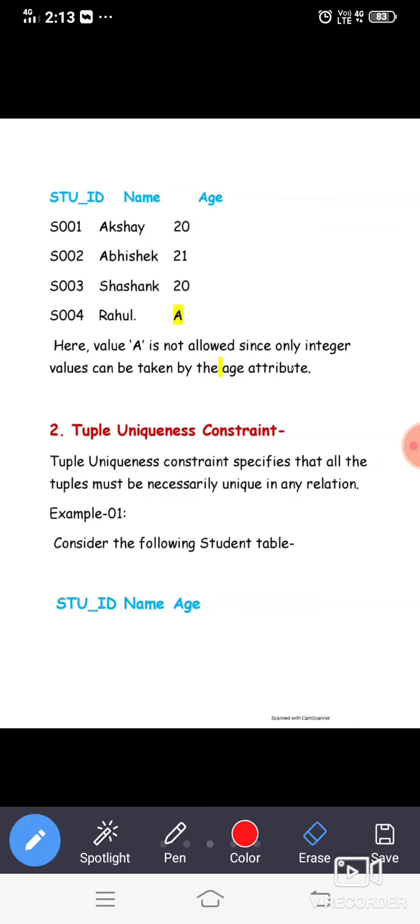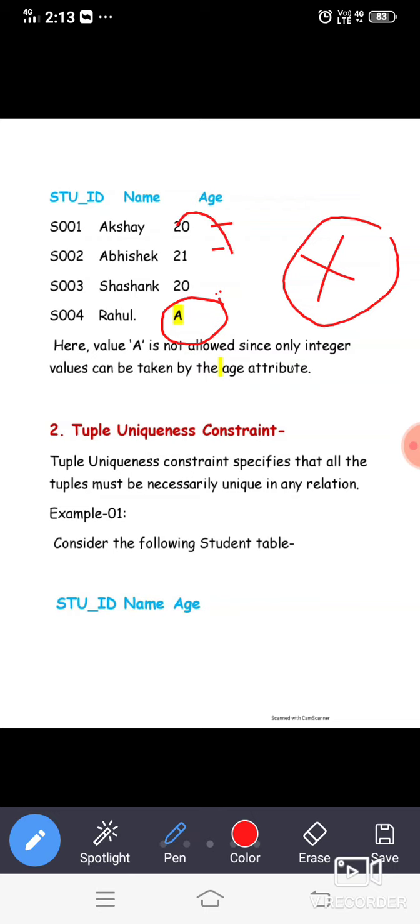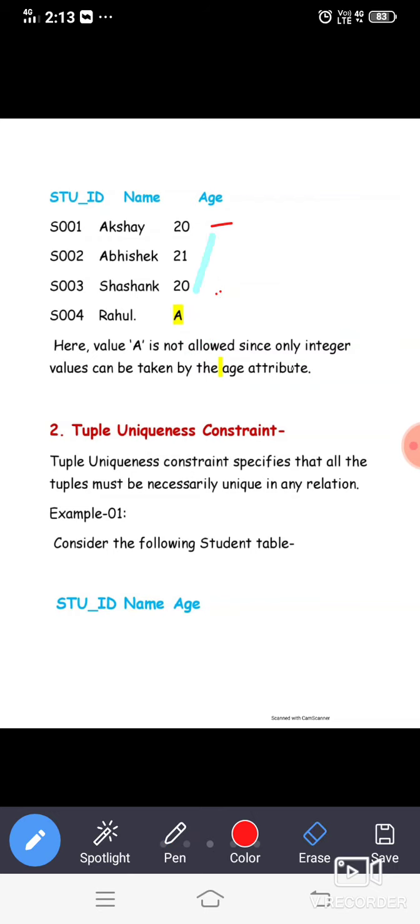So this particular table is not following the domain constant, it is violating the rule of domain constants. Somebody said yes, but it is not. Why? Because the rule is that age should be in numbers. The rule is that the age should be in the numbers, but here the age is not in the numbers, it is in the form of the letters, which is nothing but the violation of our rule. Our rule says that the values of the attribute must match with the name of the attribute. The name is age, where a can never be matched with the name, so it is violating.